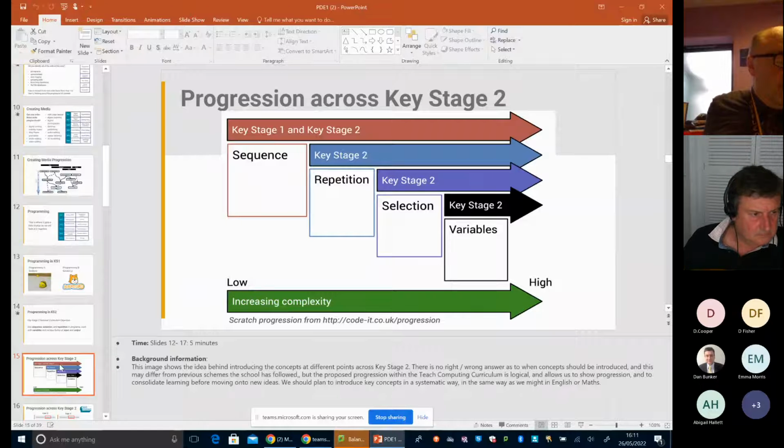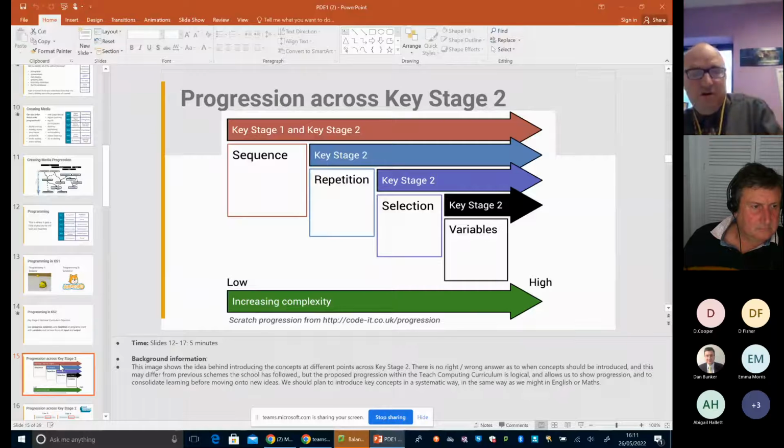We might have sound output, text output, graphical output, and then moving into programming like Scratch, where you'll be controlling sprites, and we can change the costumes and location, size, color, move them around, all sorts of things. So that's the basic layout of how the programming sequence works throughout the key stages.